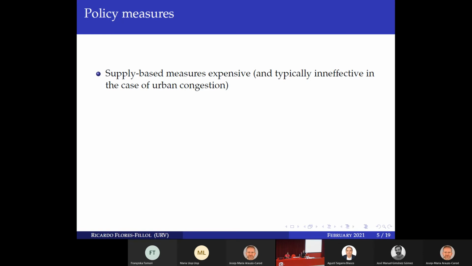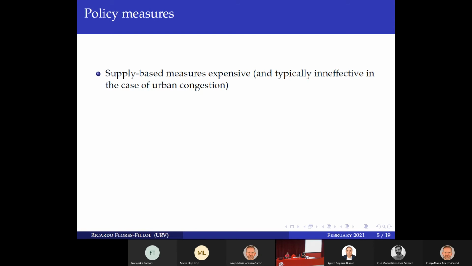The first idea that comes to the general public is, let's improve the infrastructures. Let's improve the supply, because here we have a problem in the sense that demand is larger than supply. You have an excess of demand, especially in peak hours. You have more users than capacity. So you can either look at the demand or look at the supply. The first reaction that people typically have is, okay, let's increase the supply. Let's build more infrastructure.